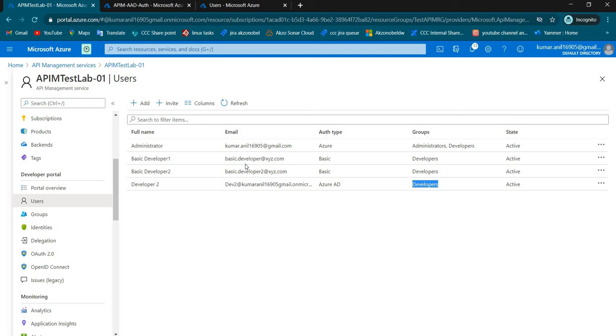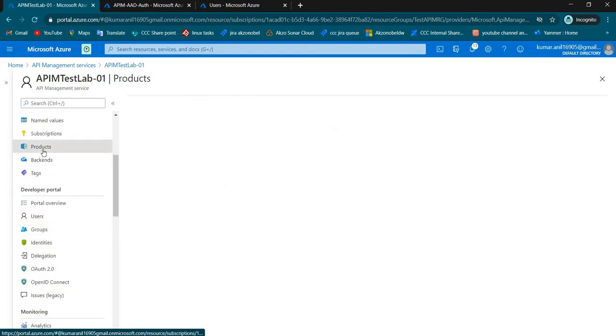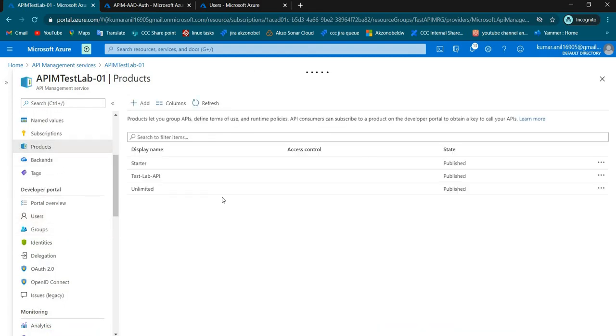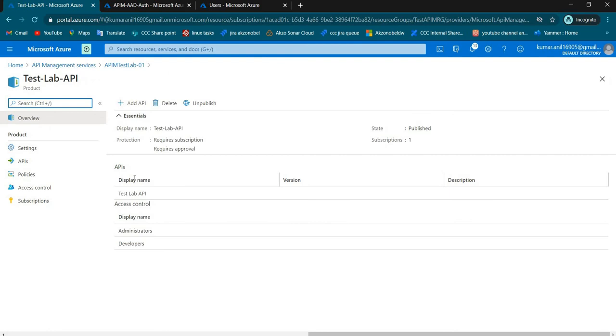So I have already created one product, let me show you the products. I have set up a test API and created one test API for the product, and attached it to the developers group. Let me show you that access control.